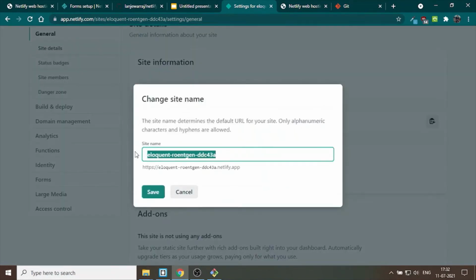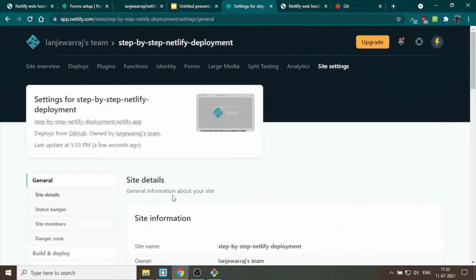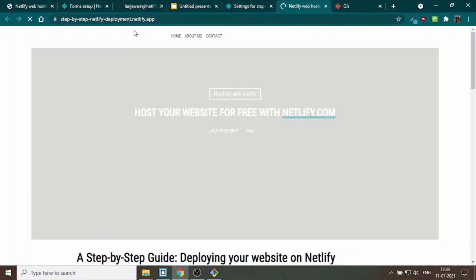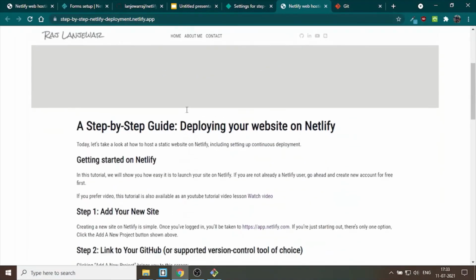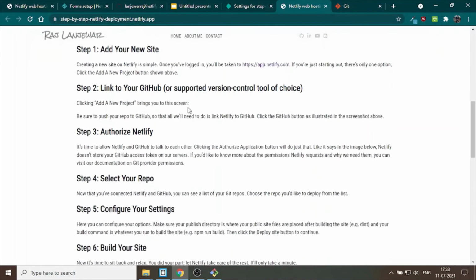From this step you can provide your site name. After renaming your website, click on save. You got a new website name, so just click on that and you can check that your new website name is currently live. The website speed is quite awesome, right?